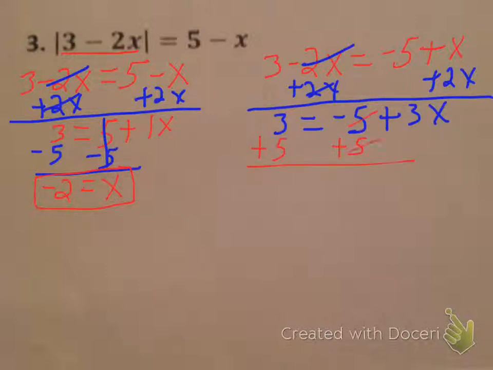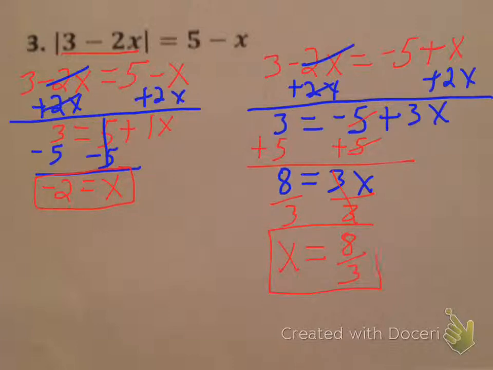The 5's cancel. That leaves us 3 plus 5 is 8 equals 3x. So now I've got 3 times x, I'm going to divide by 3, divide by 3. The 3's cancel, and that leaves us with x equals 8 divided by 3, which will not reduce evenly, so I just leave it